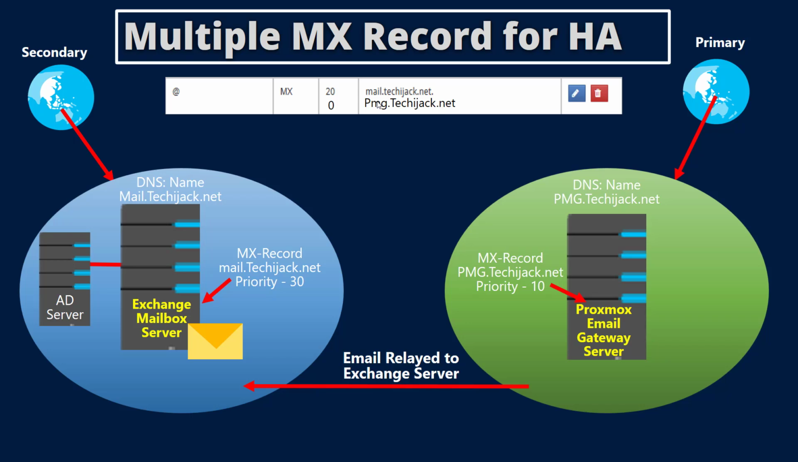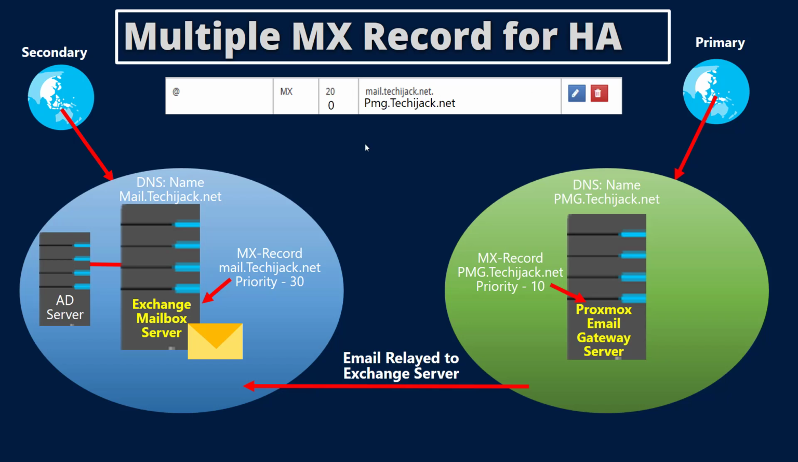pmg.techijack.net, and here I have a Proxmox email gateway server. First of all, I am pointing my high preference to the Proxmox email gateway server, so it will receive my email first and then it will relay to my Exchange server. So I have set the priority of 0 to this, and the other priority is set to mail.techijack.net,